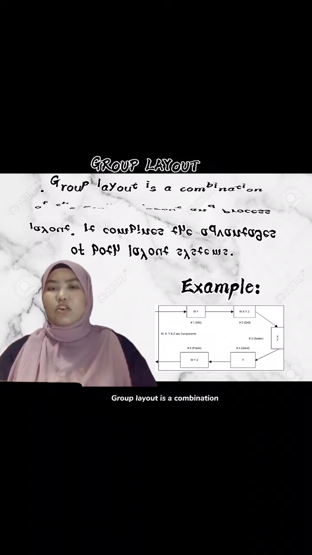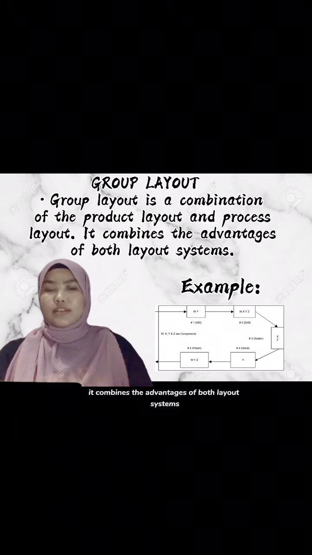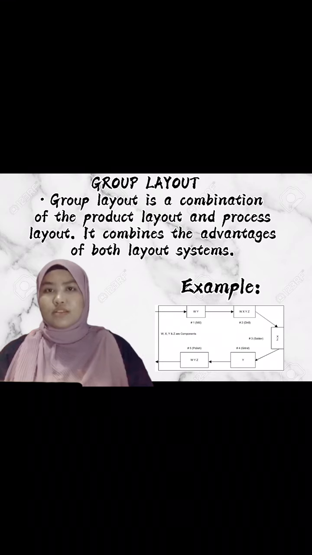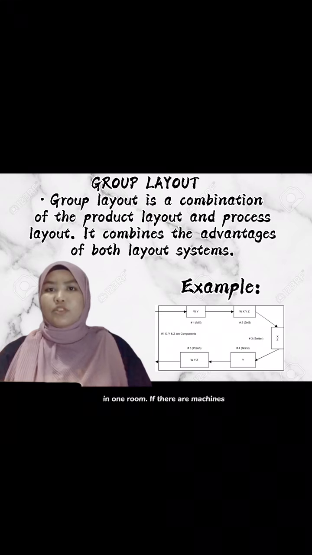Group layout is a combination of the product layout and process layout. It combines the advantages of both layout systems. This is a kind of layout where persons doing similar activities or machines doing similar operations are grouped together. Examples of the group layout are keeping all accounting machines in one room and making provisions for all typists in one room. If there are machines and components in a group layout, the machines and components will be divided